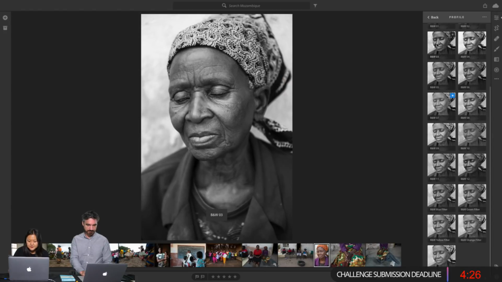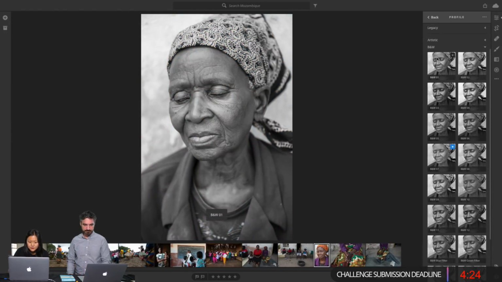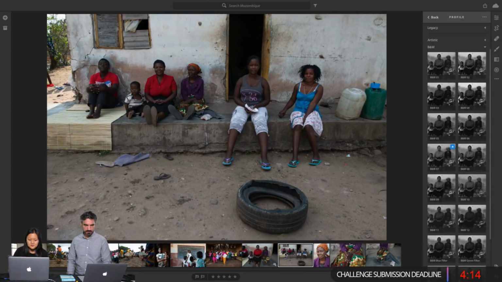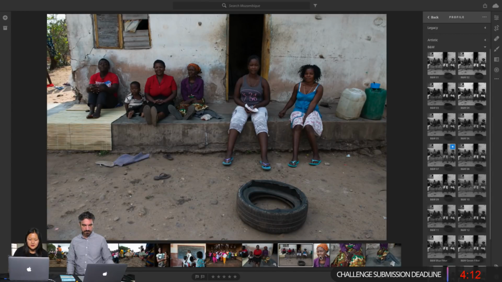I'm editing this portrait of this wonderful woman I met in Mozambique. She was in her 90s, and she was with her whole family sitting on the porch here. I approached them, and I think her daughter, the one in the red shirt, was showing us around.